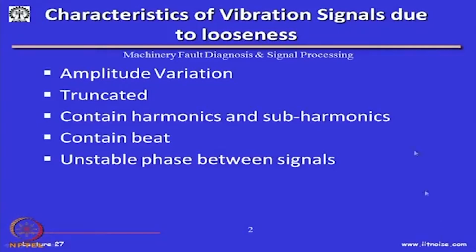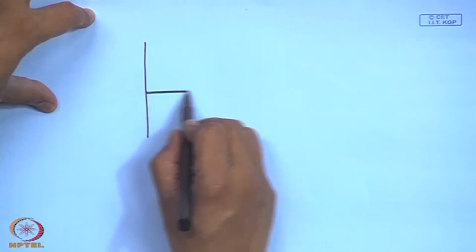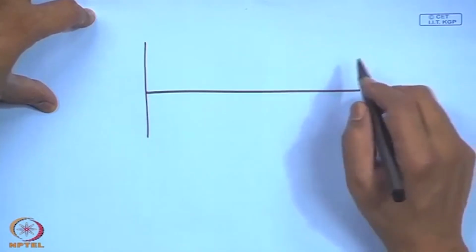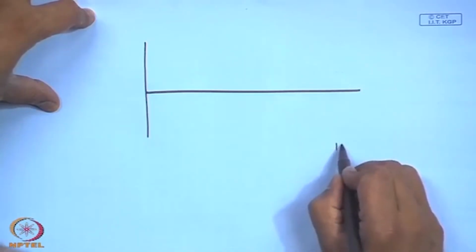As I am telling you here, the characteristics of vibration signals due to looseness: there will be significant amplitude variation. These signals in the time domain would look truncated. I will explain one of them. They will have certain harmonics and subharmonics, and then there could be a beating of the signals and unstable phase between signals. So, we will see each one of them one by one. For example, if things are loose, what happens? The components would be flying around all the places. So, they would be hitting against each other. So, there will be a series of impacts